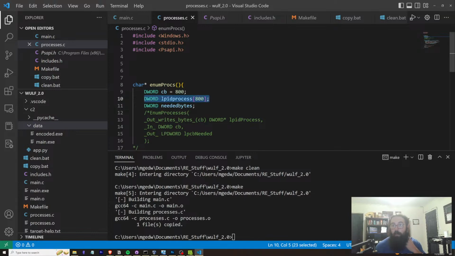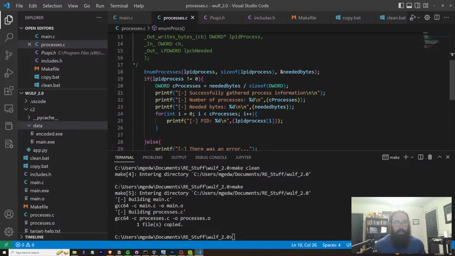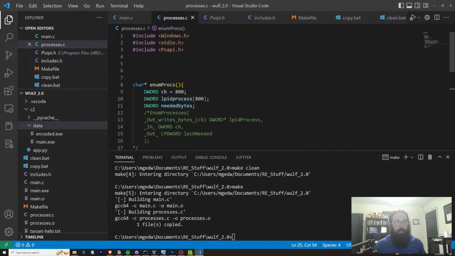Now, we don't know that whatever system this malware lands on is going to just need that amount of space. So we want to go ahead and allocate more because it's fairly cheap anyways. This is only 800 bytes here, so it's a very cheap amount of address space that you're using there. So now that we know we've got enough memory there, we are looping over the PIDs, and now what we want to do is